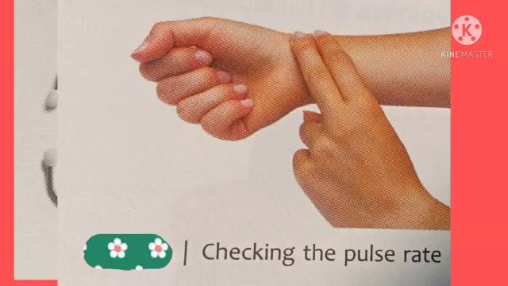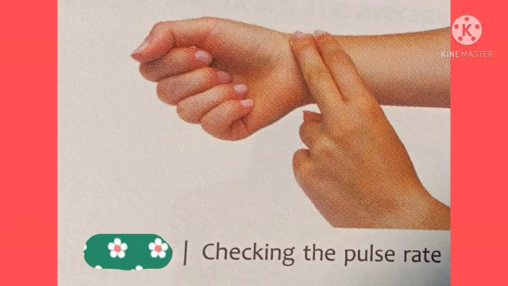The pulse. When the left ventricle contracts, blood moves into the arteries under high pressure. As the ventricles relax, the pressure comes down. The stretching and relaxing of arteries with each heartbeat is felt as a throbbing called pulse. You can feel the pulse at the side of the neck or at the wrist near the base of the thumb. On an average, a healthy adult heart beats about 70 to 75 times per minute.